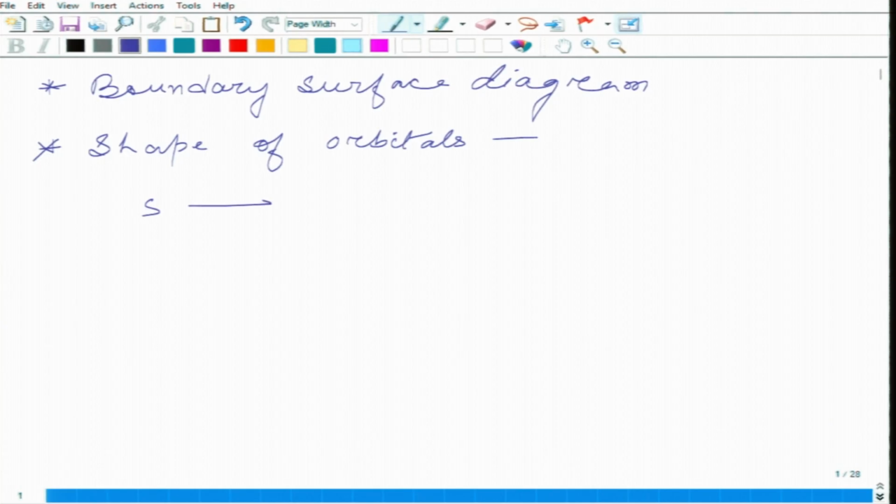We know that S subshells are drawn in the spherical form. P subshell, which contain 3 orbitals Px, Py and Pz, they are described in this dumbbell form and it can be along 3 axes